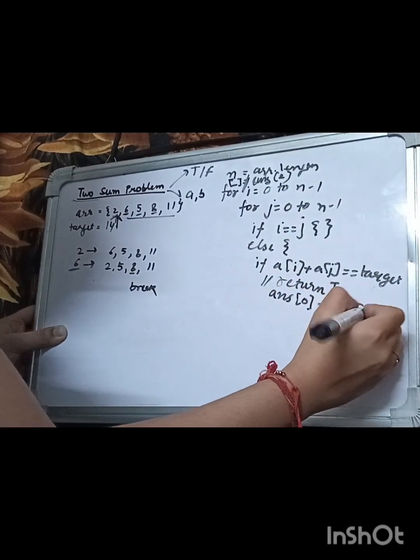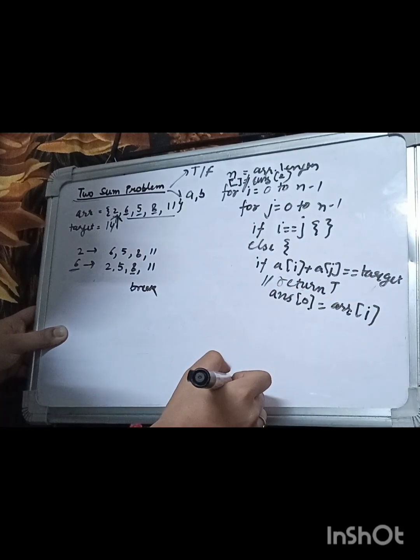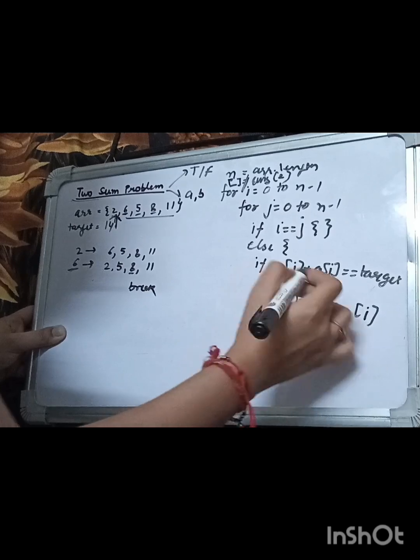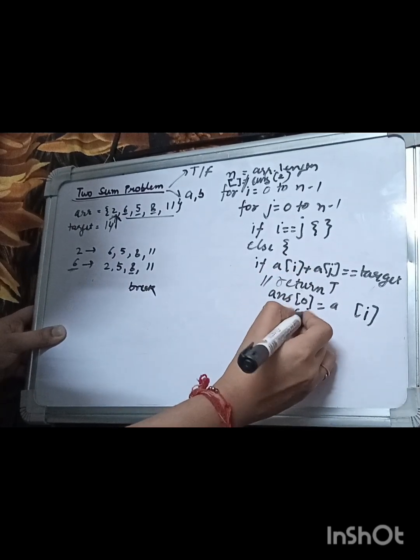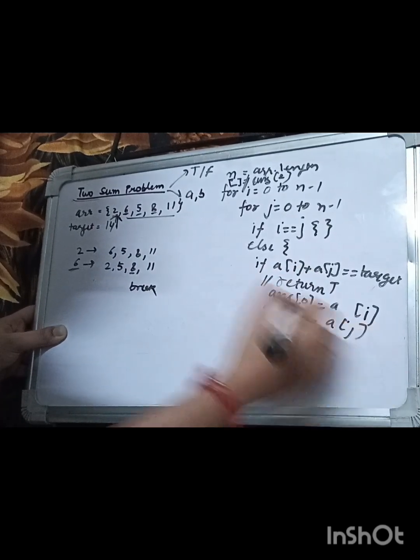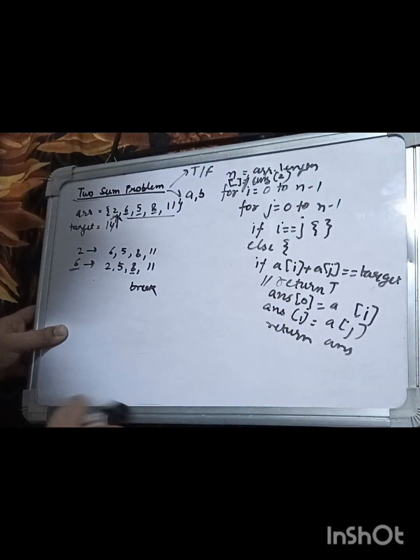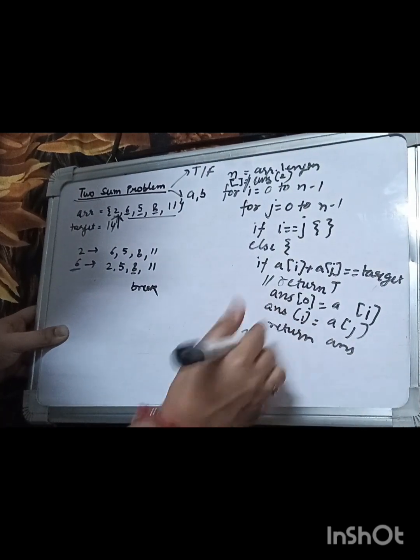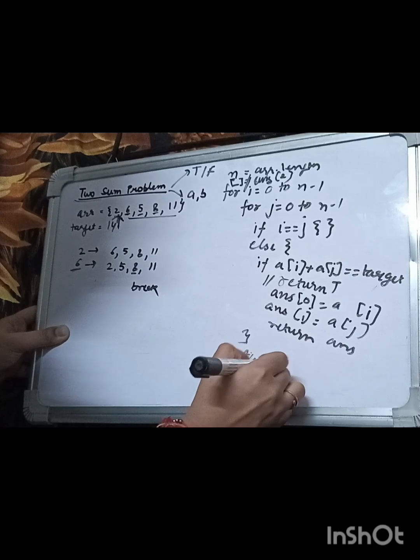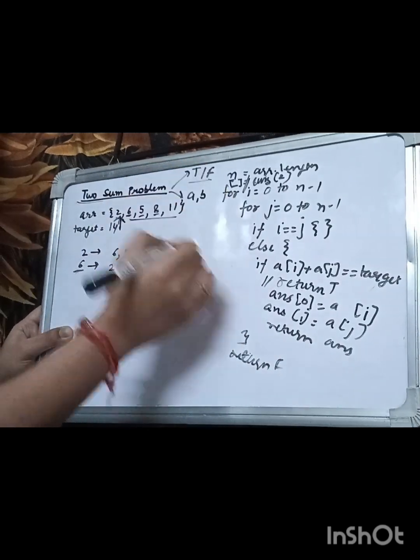Answer of 0 is equal to array of I, it's actually a of I. Okay, we have taken a of I, and answer of 1 is equal to a of j, and you just have to return the answer here, right? And if nothing is found, then you just have to return false if you are searching for the variant 1,